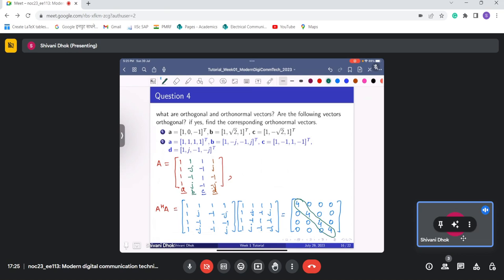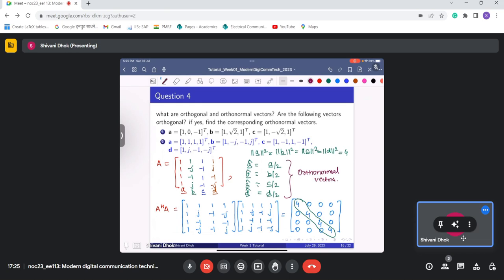So now this means that for each of these vectors, norm A square equal to norm B square equal to norm C square equal to norm D square is equal to 4, which means that A bar hat will be A bar by 2, B bar hat will be B bar by 2, C bar hat will be C bar by 2, and D bar hat will be D bar by 2. So this set will be a set of orthonormal vectors,